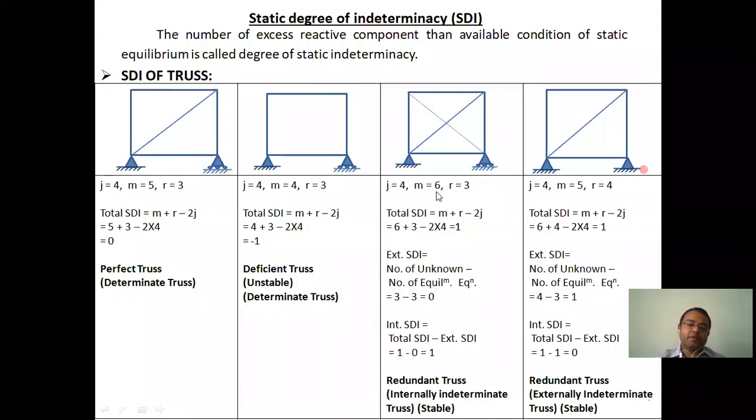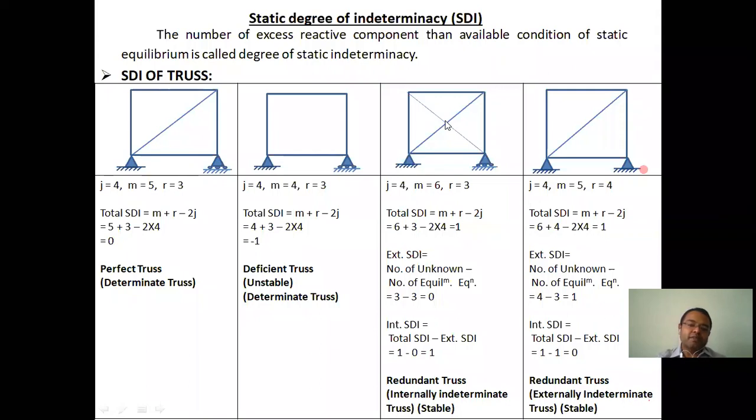Again, one student can go another way also, that is, he or she can count the number of joints as 5, that is 1, 2, 3, 4, 4 joints plus 1 if you consider this as a joint also.